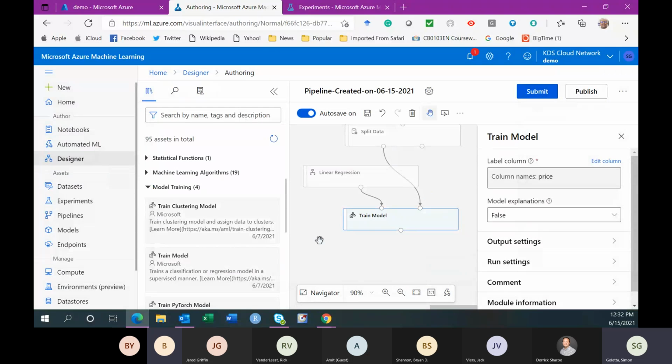And so I am ready to train based on this data, the 70% of the data that I have, using a linear regression. Predict price. I'm teaching the machine to learn how to predict price based on all the features that I selected and are available in the data set.